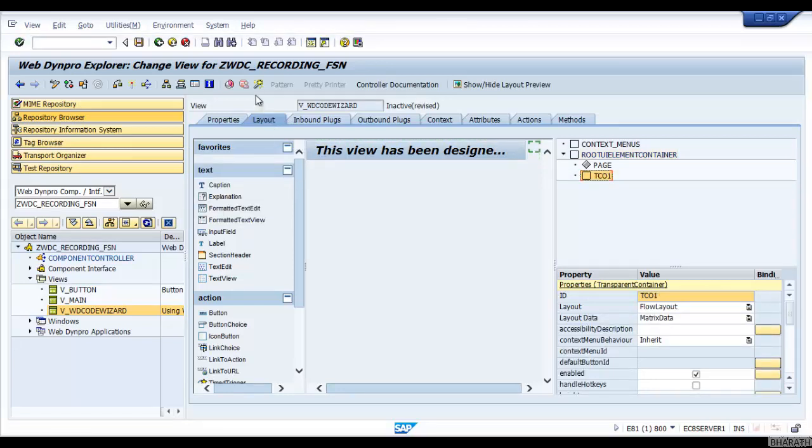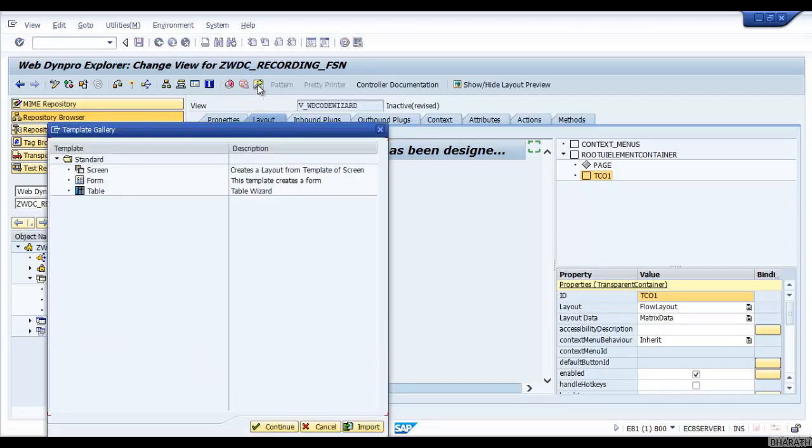Now you can click on the WebDynpro Code Wizard as well. You have three options here: screen, form or table. But the screen is not used in a WebDynpro app as of now, but you can use the form. So you can click on the form.